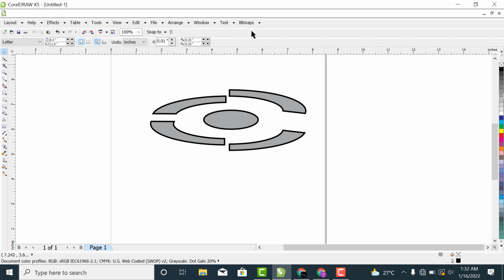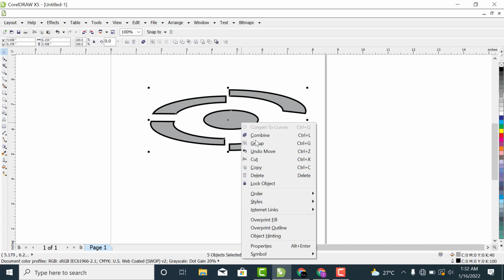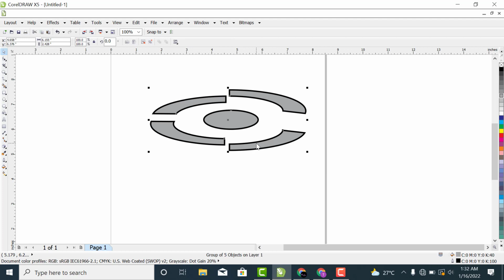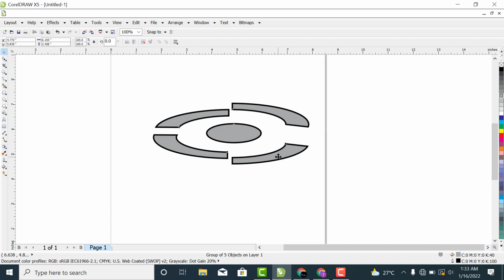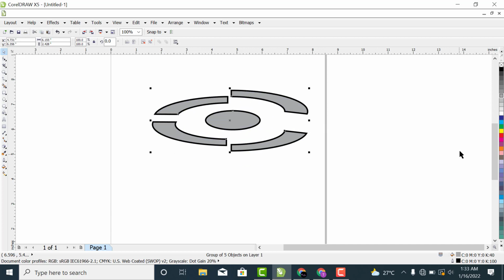This is nice. So the next thing is I want to group every one of them together. So how do I do that? I'll just highlight everything, then I'll right click, then click on group. Or better still, you can use the shortcut key Ctrl G to group it, after you might have highlighted all of the shapes, right? So that is that. Now it has been highlighted. Can you see everything is grouped together? Everything is grouped together. So the next thing I want to do is I want to work